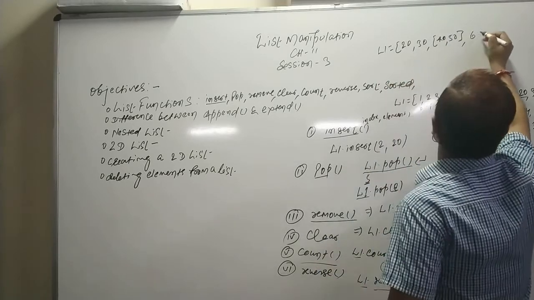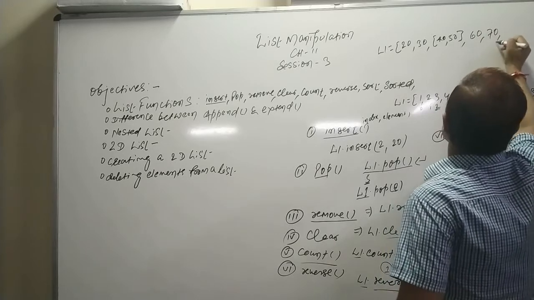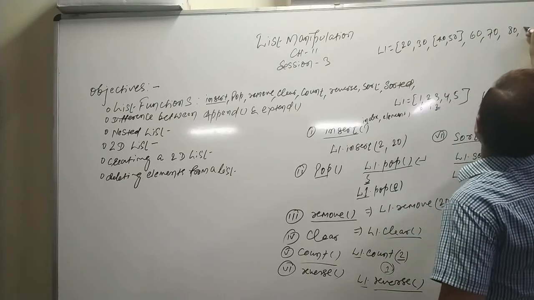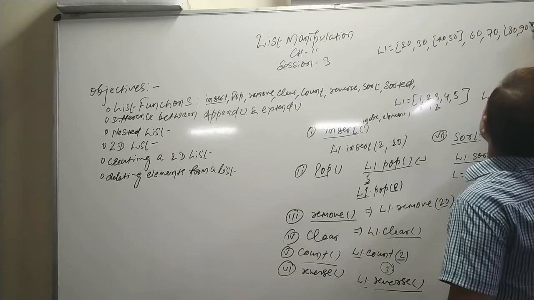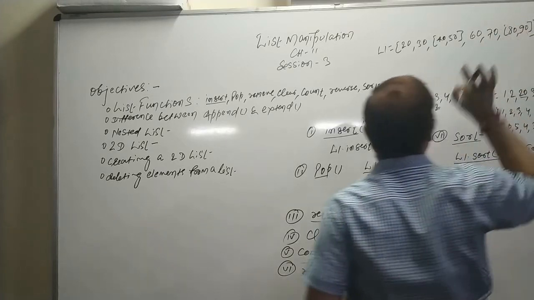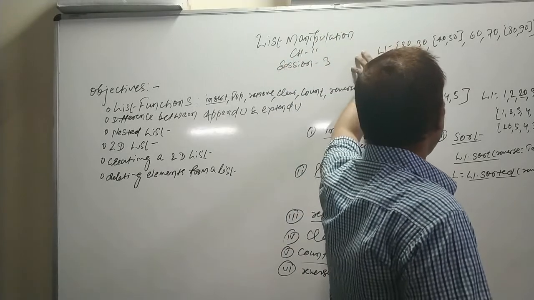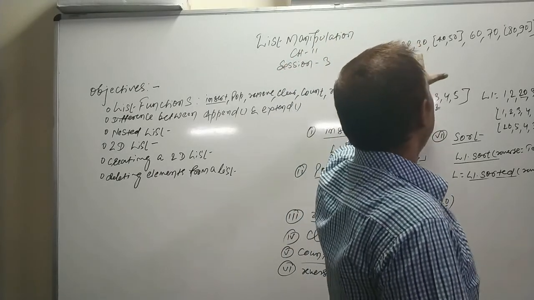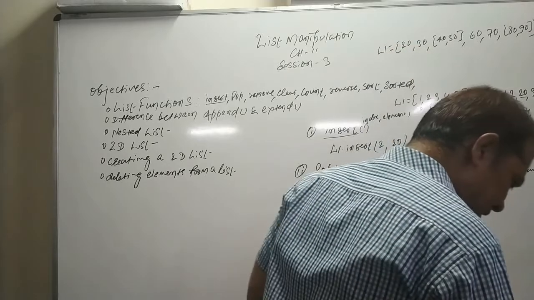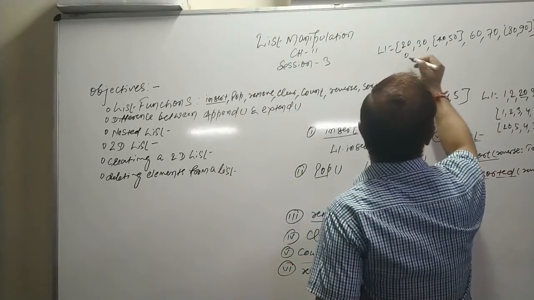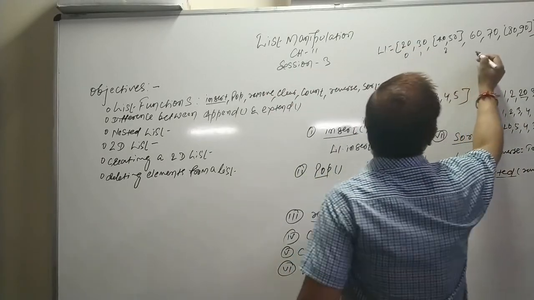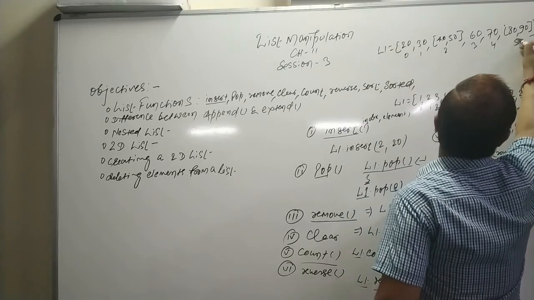Then we have 60, 70, and then 80 and 90 in the form of a list. Suppose this is my list L1, and I hope it's very clear. Looking at the index positions of L1: 0, 1, this is 2, this is 3, this is 4, this is 5. So total